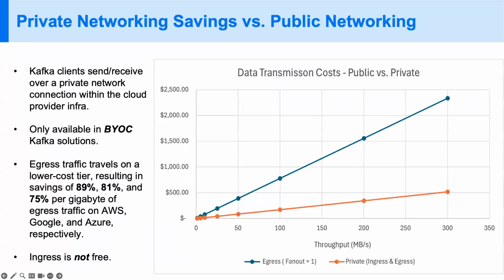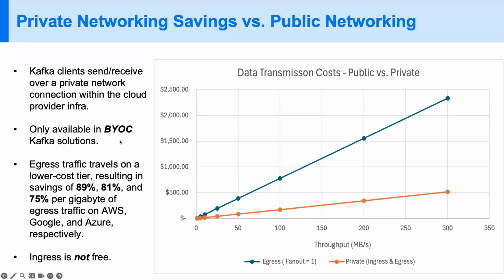And how much cost or savings are we really talking about there? Again, I showed you in the previous slide that it was, relatively, 9 cents per gigabyte on internet and maybe a penny on going out. This chart here shows you the difference very quickly. Again, even for a fan out ratio of 1, reading the message one time can save you a significant amount of money. Avoiding that internet tier saves you money, but this option is only available in what we call